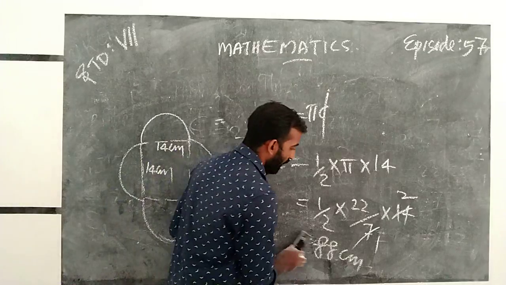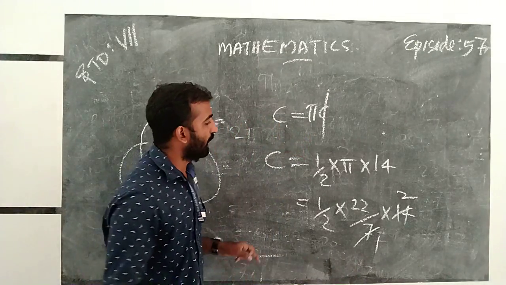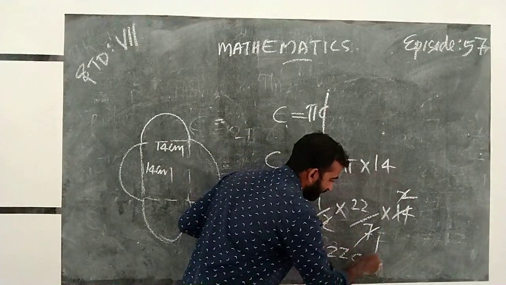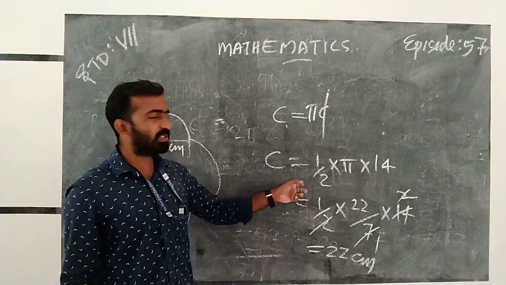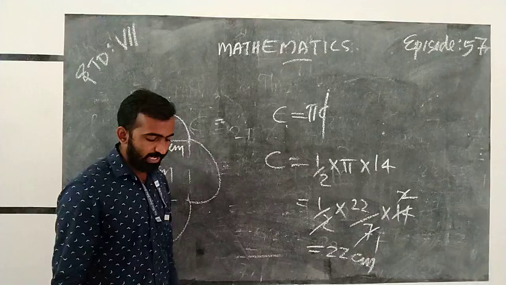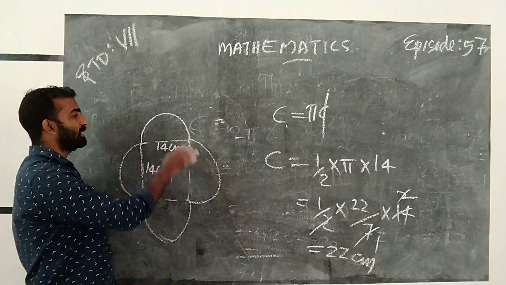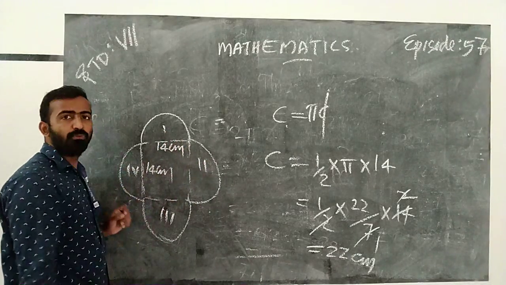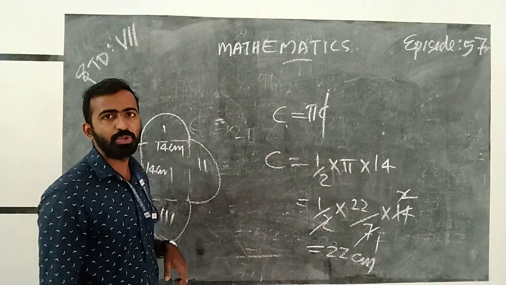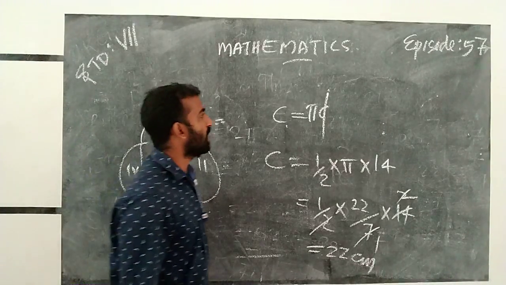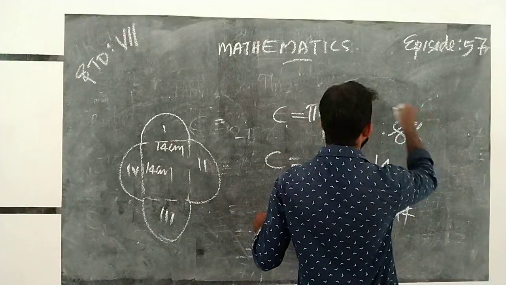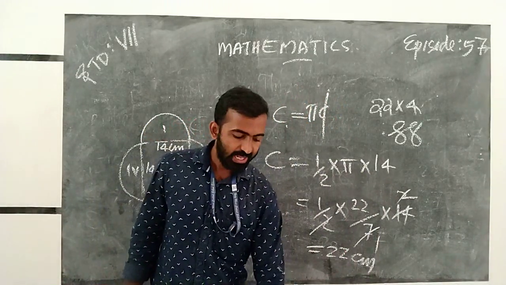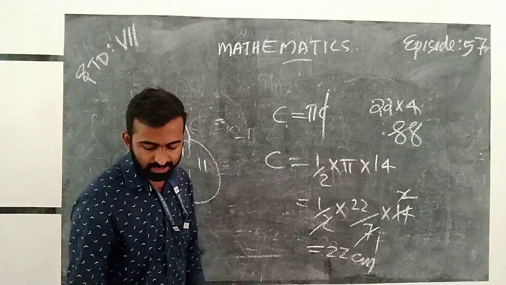So here is 88 not 22 into 2, and here we can also simplify, that is 22 centimeters. That is, the circumference of a semicircle is 22 centimeters. Is it? Yes. How many semicircles do we have? 1, 2, 3 and 4. 4 semicircles we have. So 4 into 22 we get 88 centimeters. That is, the total perimeter of the given shape is 88. And next, example 16 is,